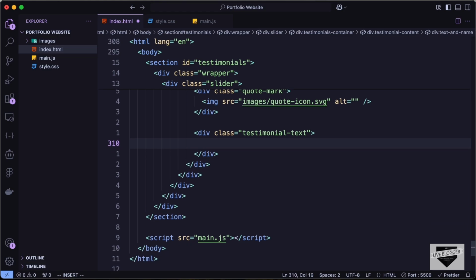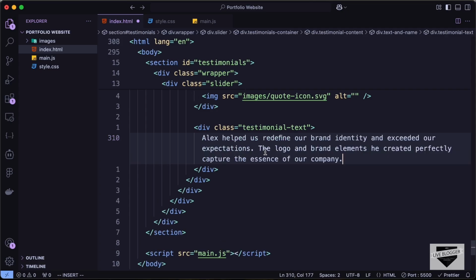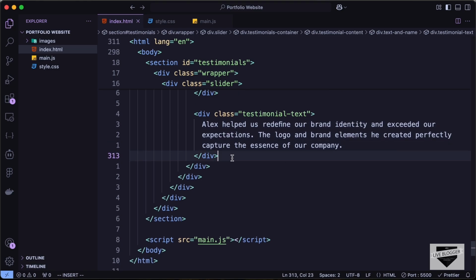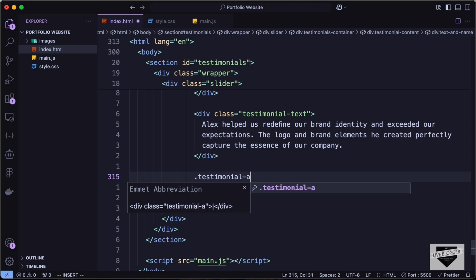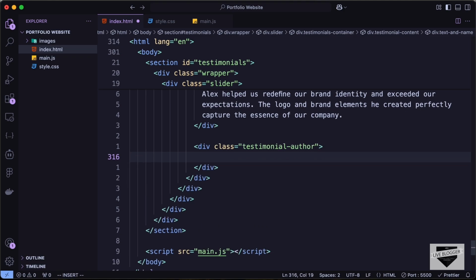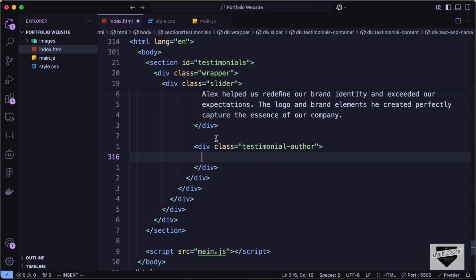So let's create a division with the class of testimonial text, and in that we will have the text of the testimonial. So I'll just copy this text from here and let's paste it over here. And after that let's go ahead and create a division with the class of testimonial author, and in this one let's add the name of the person. So let's type Sarah T,